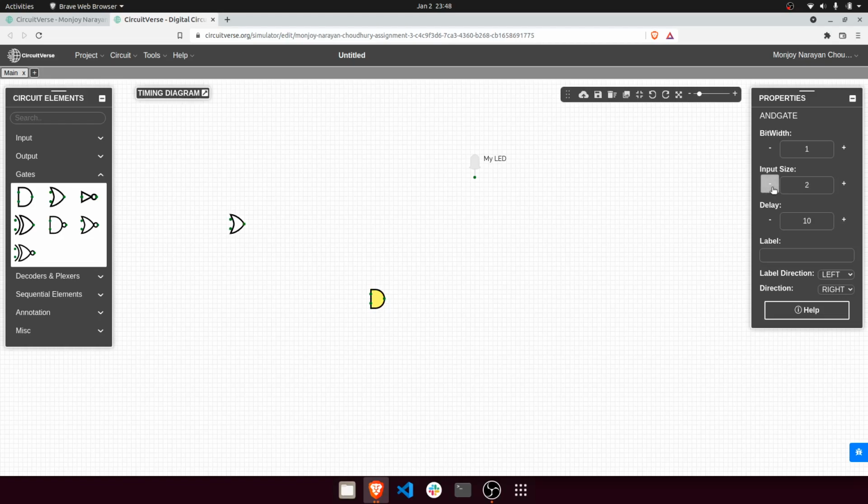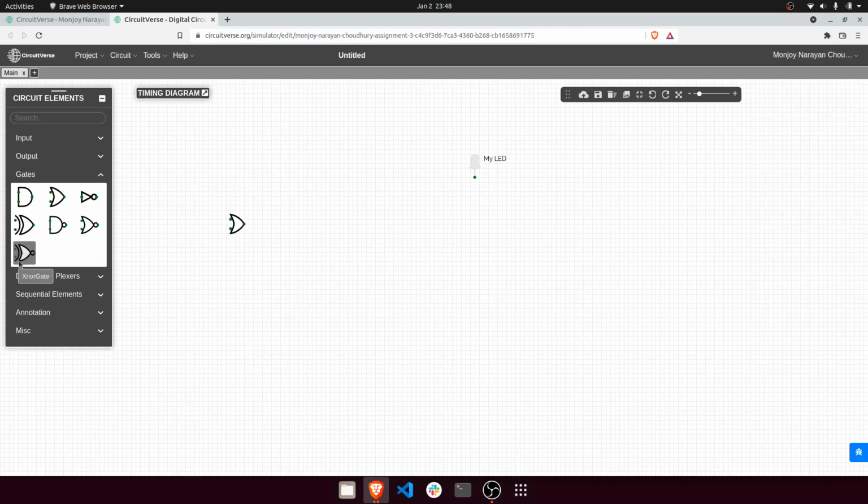Again, label direction is just what I showed you. This is the direction of the AND gate. See, the AND gate is here, right? You might want to have a circuit which is tilted towards up, so change the direction. And be careful: first set your direction and then do the wiring, rather than the opposite. Cool. So this is clear.